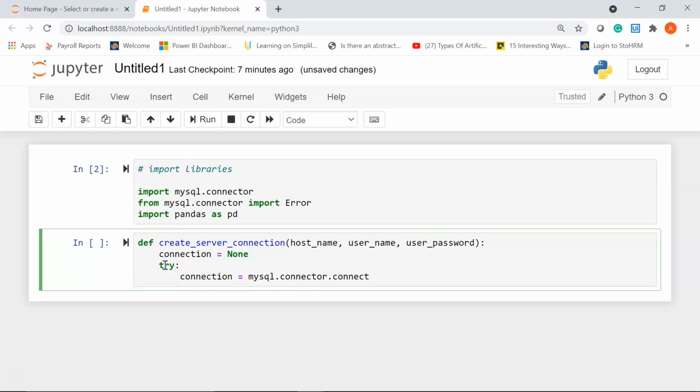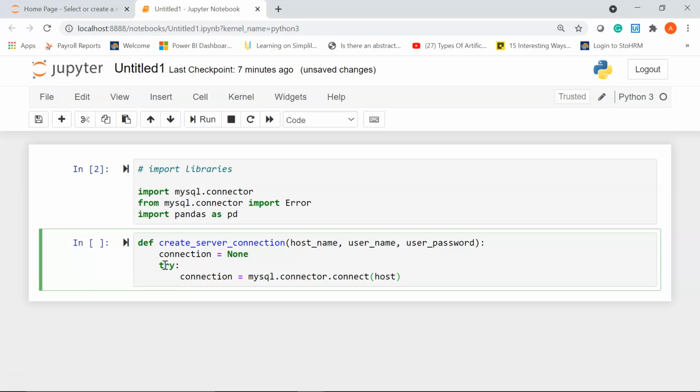Now this mysql.connector.connect method sets up a connection, so it establishes a session with the MySQL server. If no arguments are passed, it uses the already configured or default values. So here we are going to pass in 3 parameters.